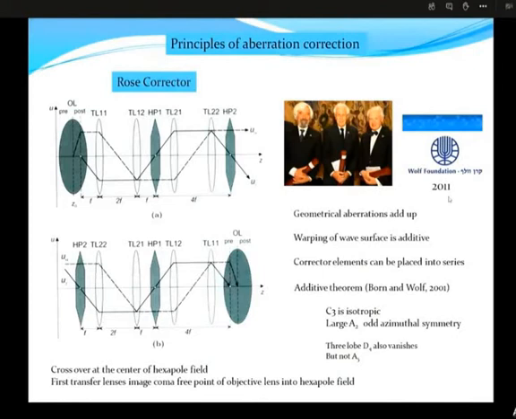And so the principle behind the aberration corrector is that you don't make lenses aberration free. The principle is that geometrical aberration adds up, so you have to nullify the effect of one lens by another set of lenses. So we have a double hexapole and two transfer doublets. This is for the imaging system, for the broad beam illumination, and the bottom one is for the probe corrector system. Same mode. So I'll not go through the details of that, because there is a long history and struggle